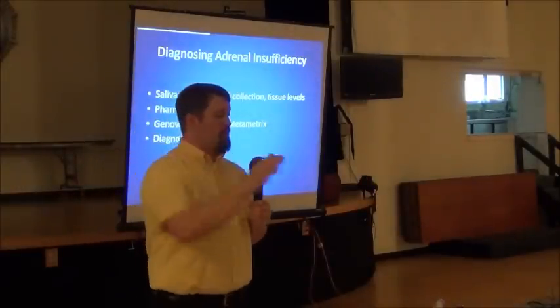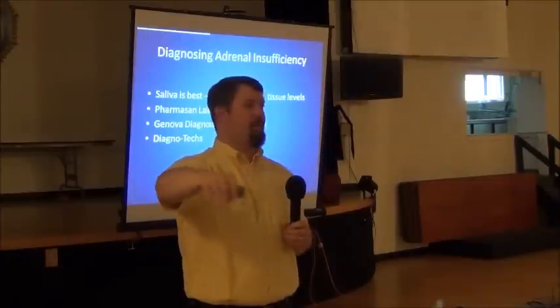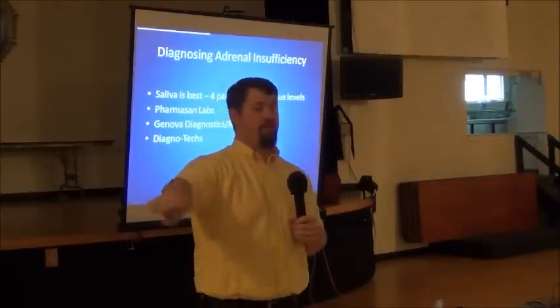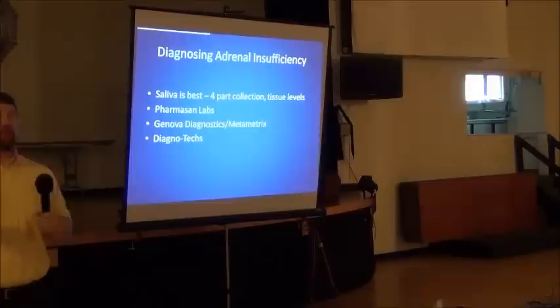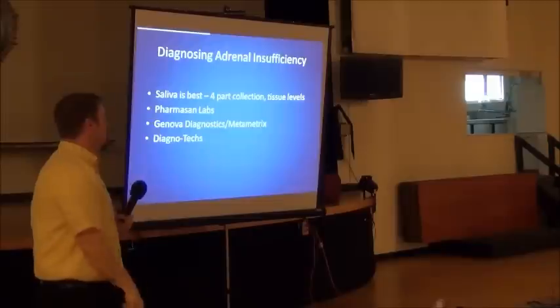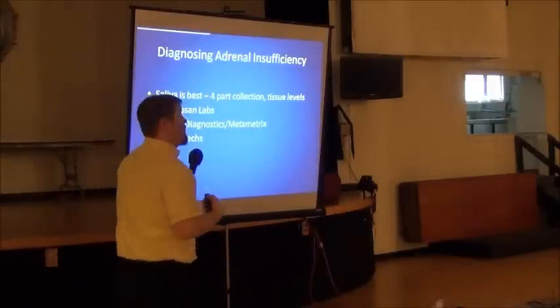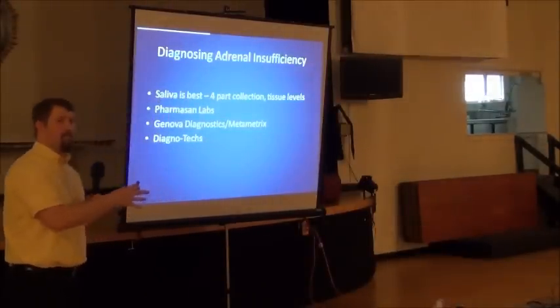In other words, from the time you wake up in the morning to the time you go to bed at night, there's a normal curve that those 4 collections should fall within. Your levels of your adrenal hormones should fluctuate very particularly throughout the day, gradually declining. If that's off, then we intervene appropriately depending on what part of the day that person is not producing correctly,